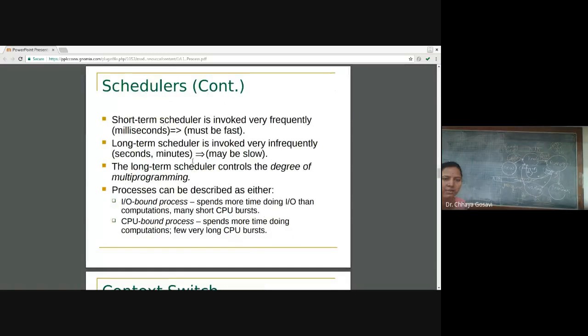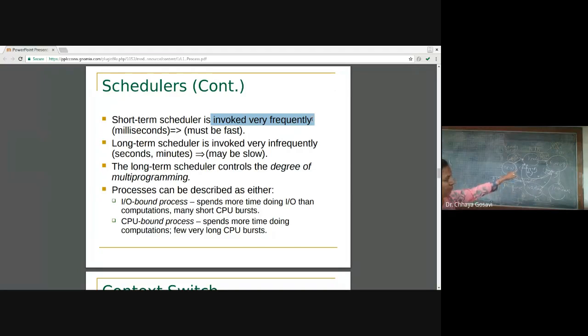So the short term scheduler is called short term because it is invoked very frequently. Note that the fastest state is the running state. The CPU is much faster than any hardware or software device, so we have to match everything with the CPU speed. The CPU should not be idle.